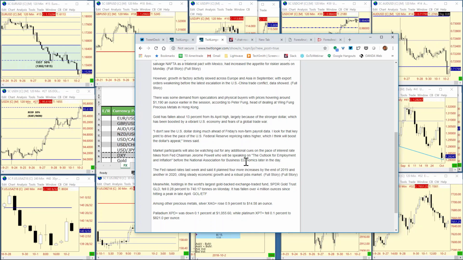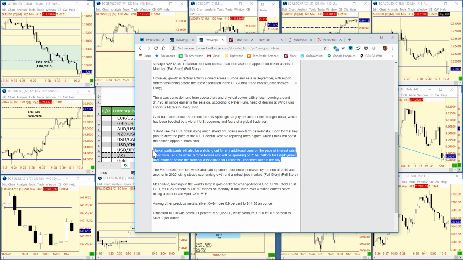later in the day. So we do have potentially some tape bombs, but I don't really see Powell as one to go in and drop something that would impact the market too much. We've been continually raising and raising.